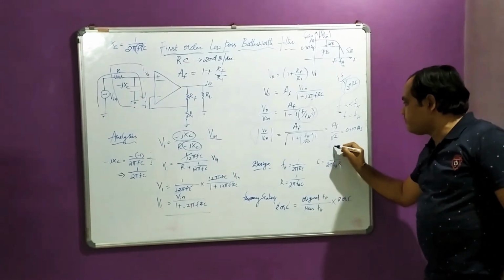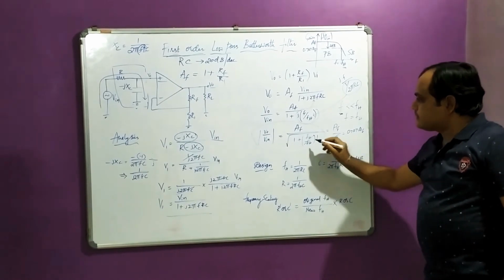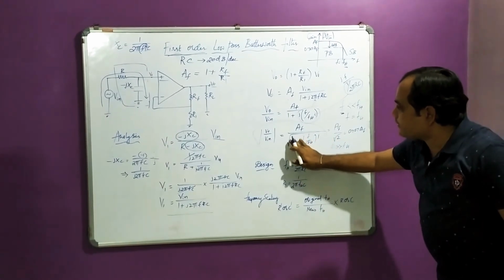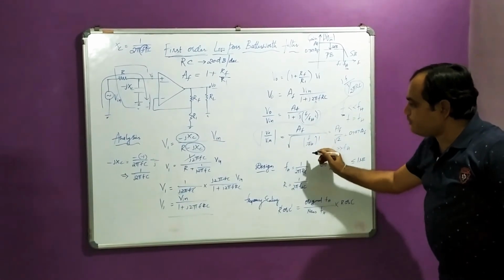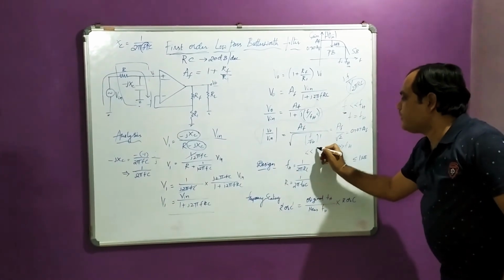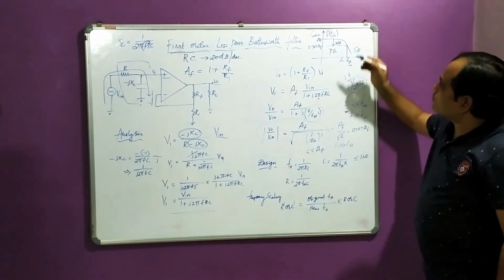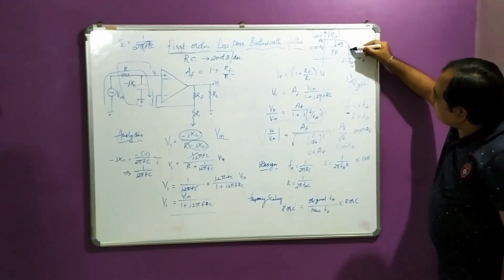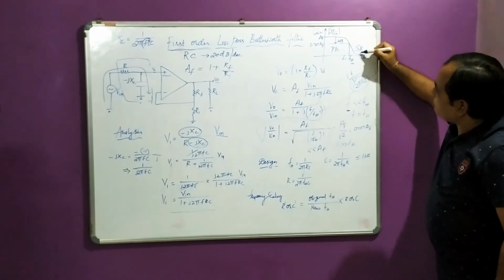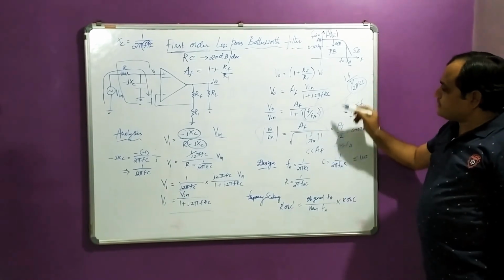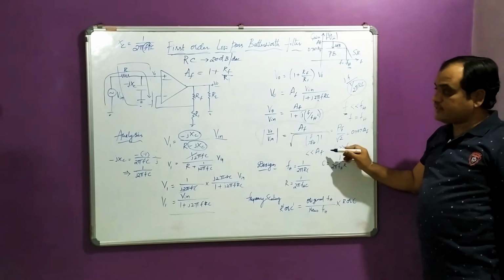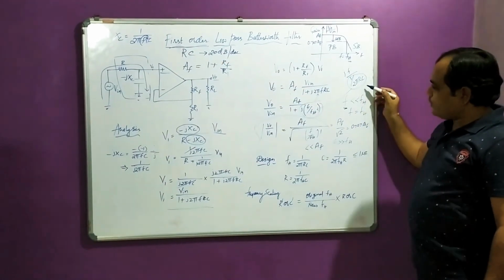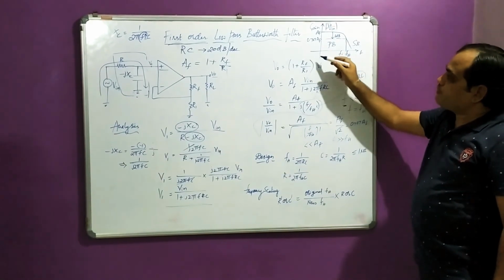Now the third case is f is far greater than fh. So the numerator is very high. As soon as the numerator is high, this 1 is neglected. The square root of this term will produce a very small amount of AF. So the gain, which was constant up to the cutoff f equal to fh, is then reaching the stop band value, where the gain is less than AF. That means we have got the circuit in a correct manner, showing all three regions of the frequency response over here.